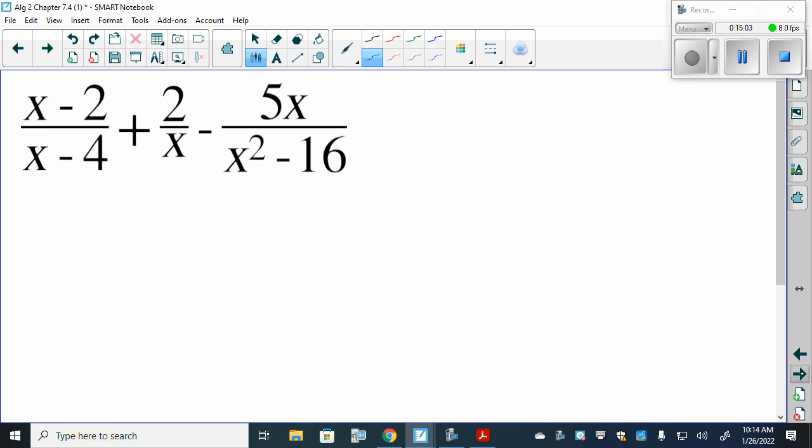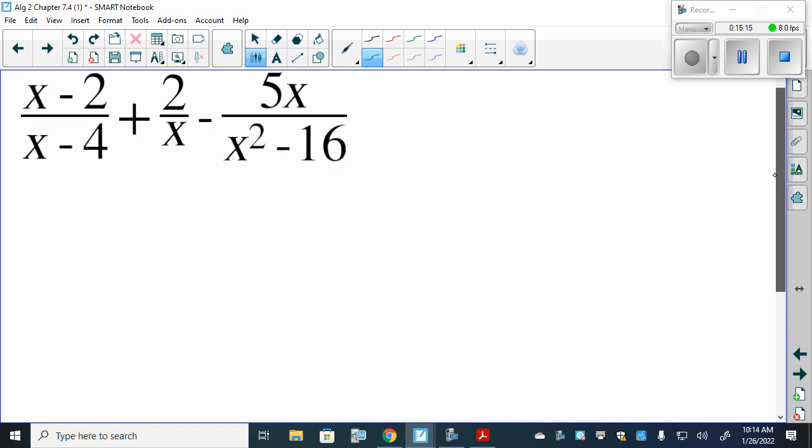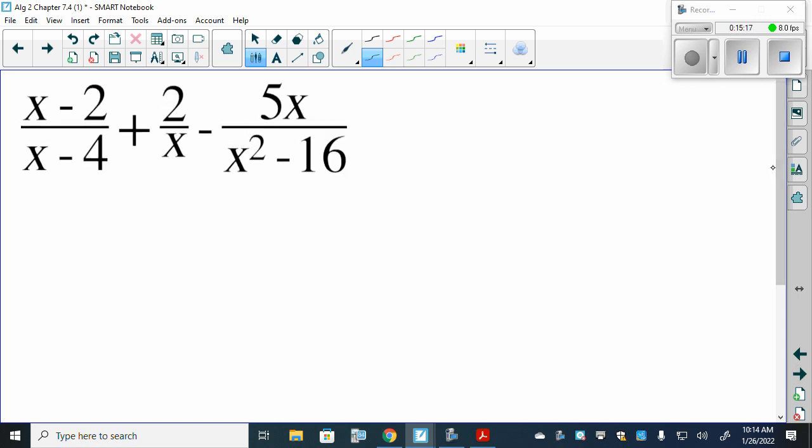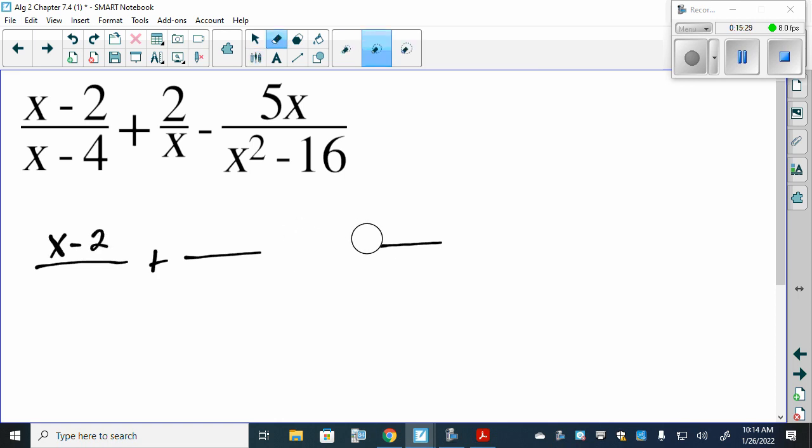Let's look at this one here, because I think this will really drive the rest of this home with simplifying these expressions. Now, when we look at these three here, we need to get the denominators to be the same. So the numerators, x minus 2, as I look at this here,